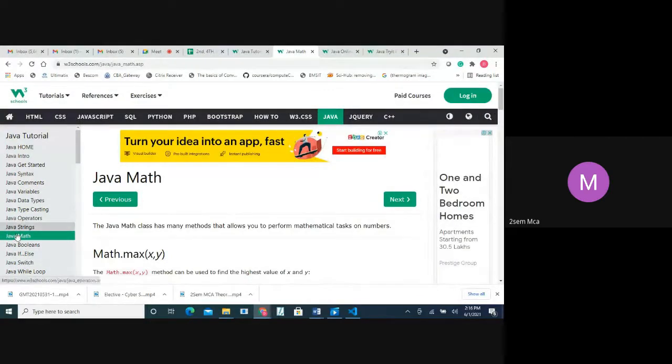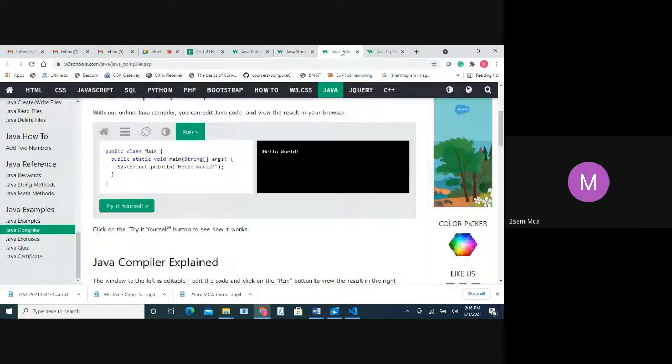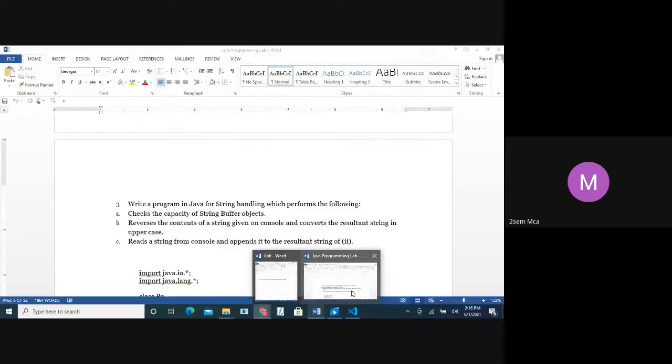Okay, so that's about your string. I've just explained what a string is and how it is done. Next we move on to our lab program. What I told you was just an introduction about strings: what a string is, and what built-in functions we have. I have shown you some built-in functions. Okay, so next we move on to our program.